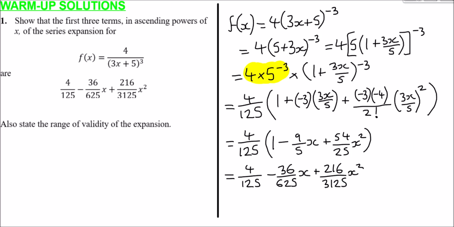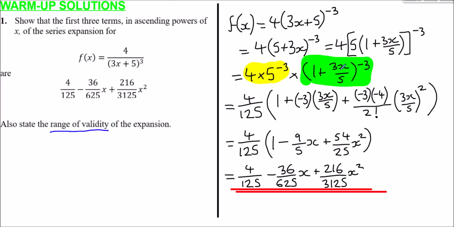So we're almost done, but don't make the mistake of thinking you are done entirely, because there's this little thing here of trying to state the range of validity of the expansion. So here what we need to do is think, when is this expansion valid? The way we do this is we think about what actual bracket we applied the binomial expansion to, and it was this one here. So that's the actual binomial expansion part of the question. We need the magnitude of whatever comes after the 1, this thing here, to be less than 1. So the range of validity,